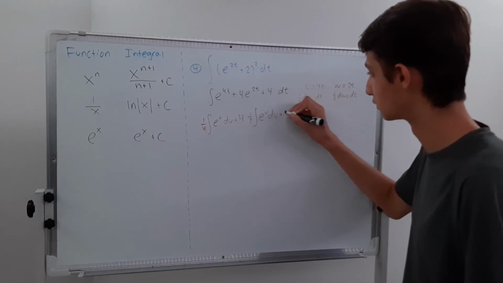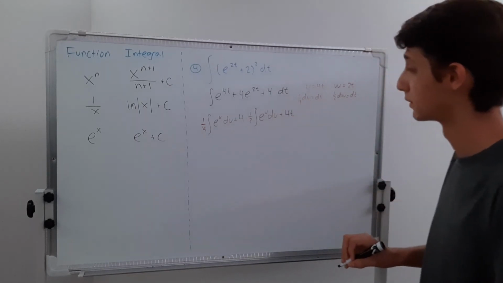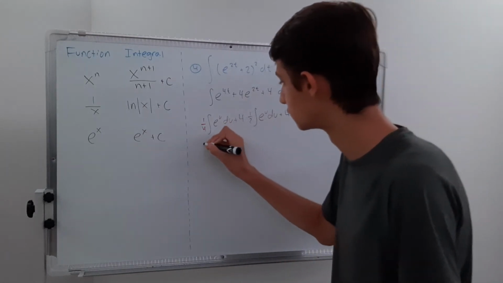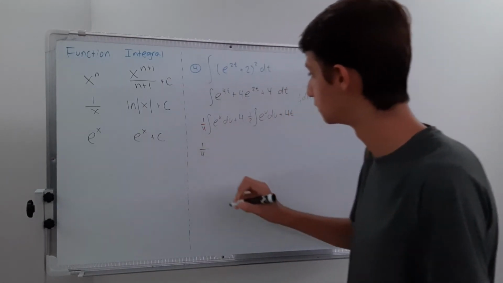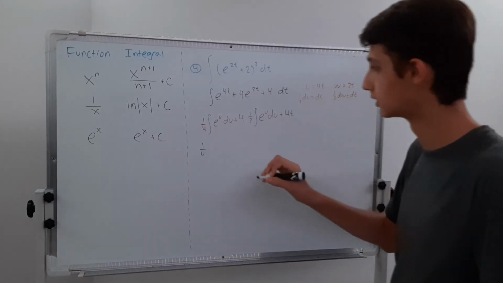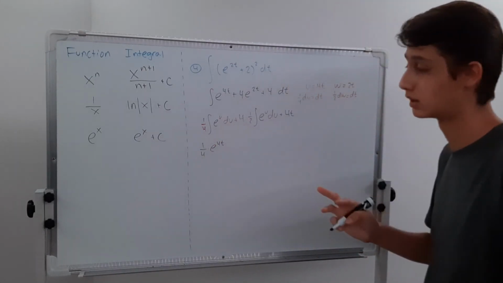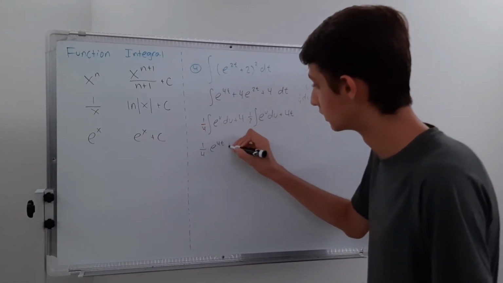That's just going to be 4t. Okay, so we can do these substitutions now. We have this 1/4 times e to the u, which is 4t, so e to the 4t. I'm going to hold off on adding my c again for the same reason as last time, and then we